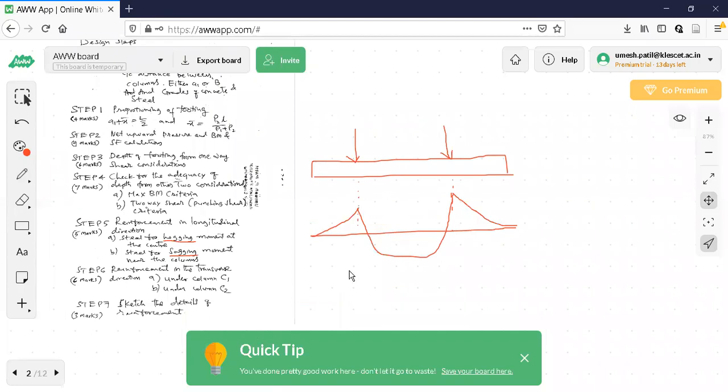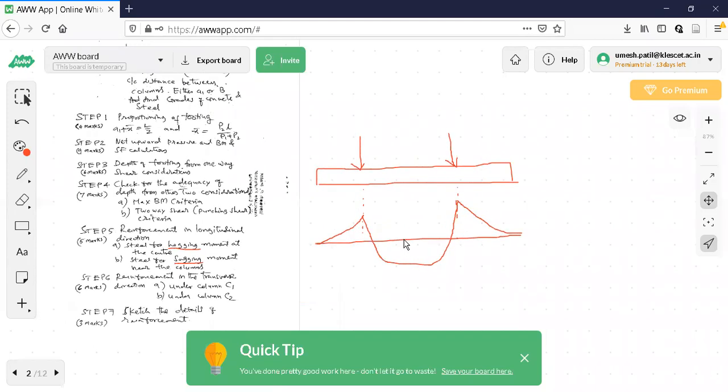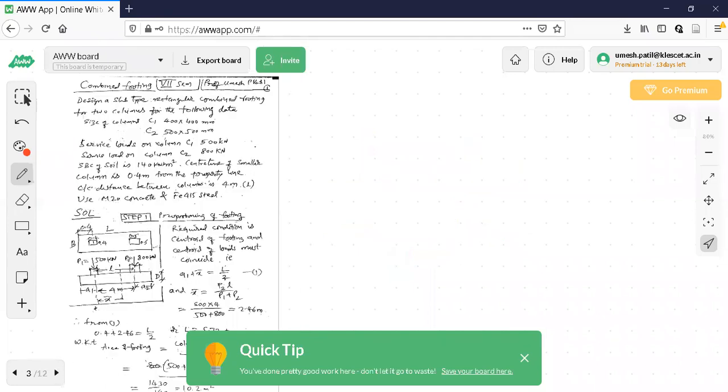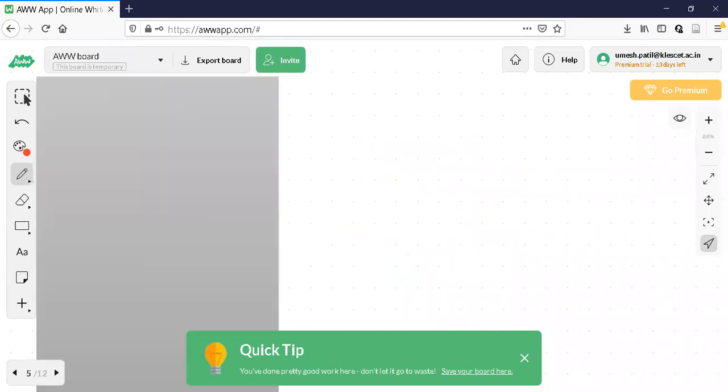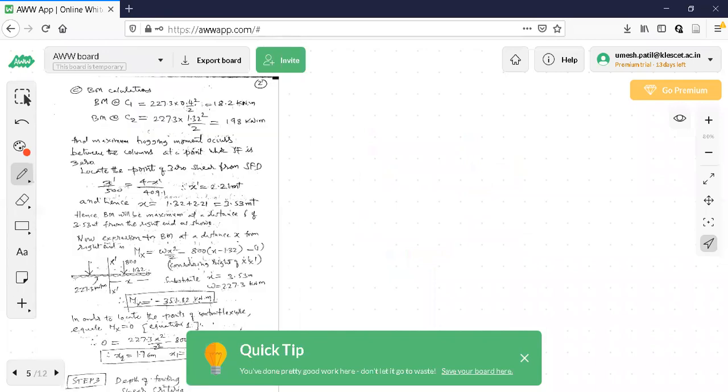Now, what I'm trying to tell you is, now you see this one, somewhere here the bending moment is maximum. Okay, this value is more than the sagging moment under column C1 and under column C2. So what I will do is, I'll go to that there only. I'll draw this figure. Corresponding to that step only, I'll draw that figure.